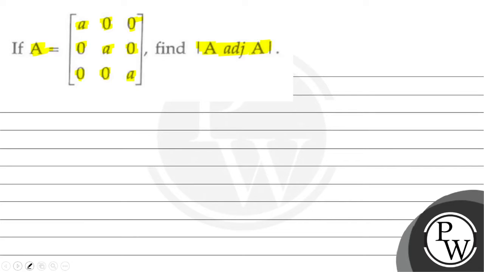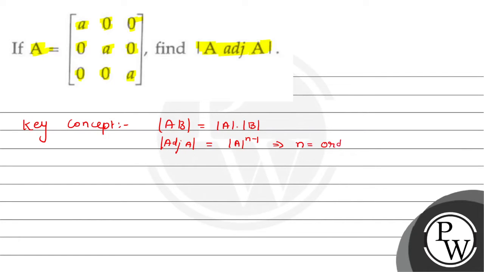Now here, the key concept is: determinant of AB is equal to determinant of A into determinant of B, and determinant of adjoint of A is equal to determinant of A to the power n minus 1, where n is the order of matrix,